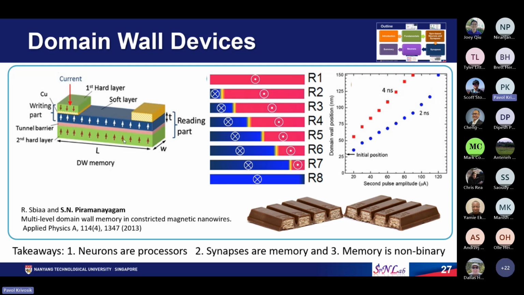So we have a reference layer. The magnetization of this reference layer is not going to change. We have a tunnel barrier and we have a free layer, and we are going to play with the magnetization of this free layer. So in this particular device, if you send a current through this part,